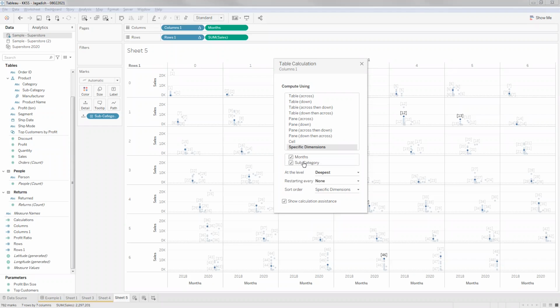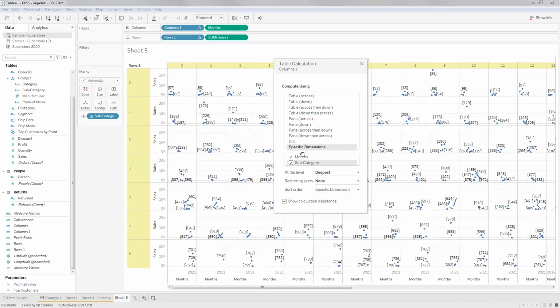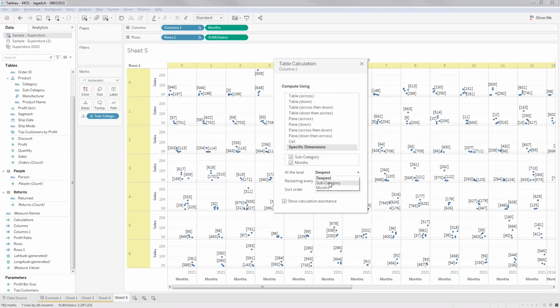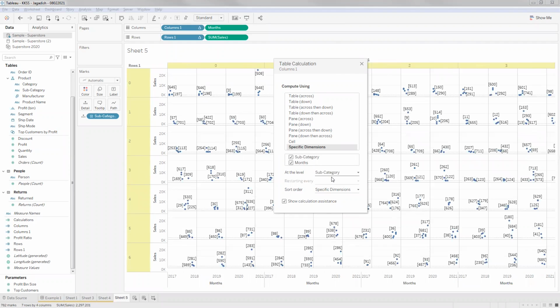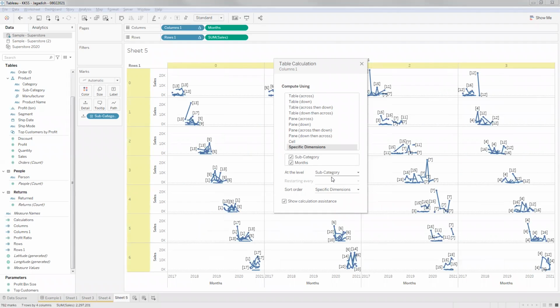Okay, so let me just pull this up and do subcategory. If you remember our table calculation sessions earlier, we have by default many options here, but the specific dimensions option, whenever you choose it,